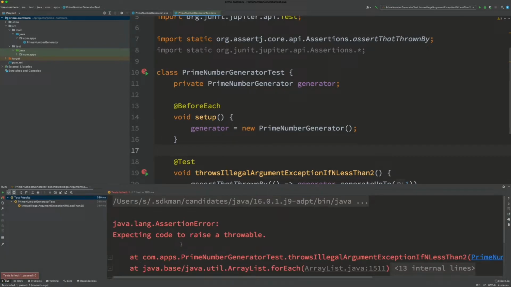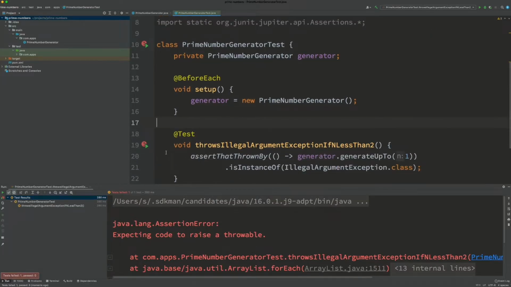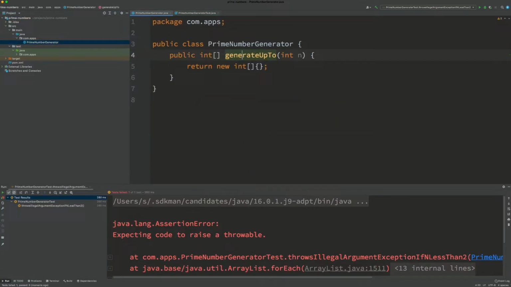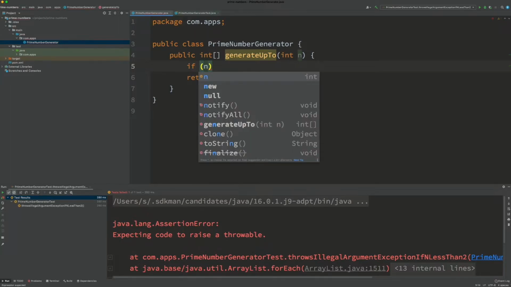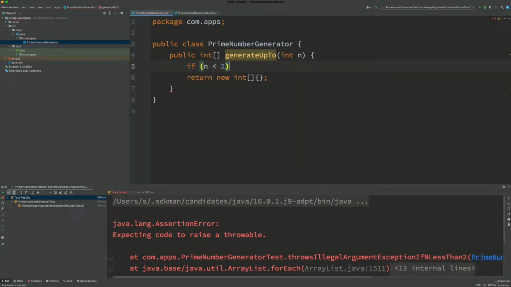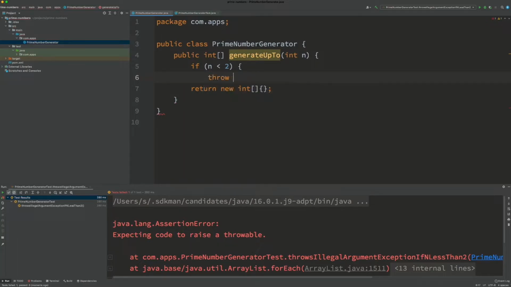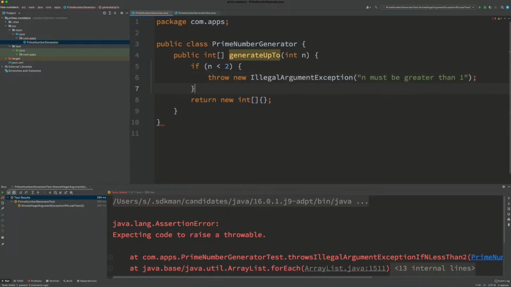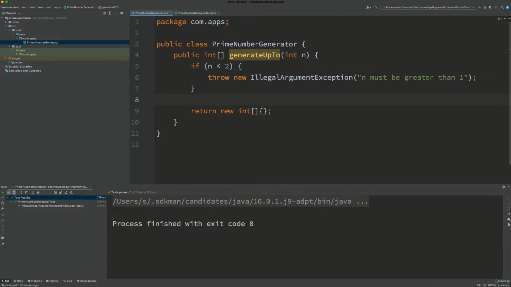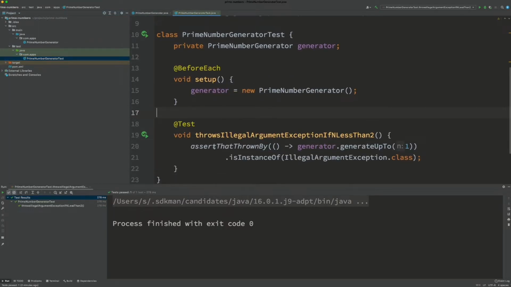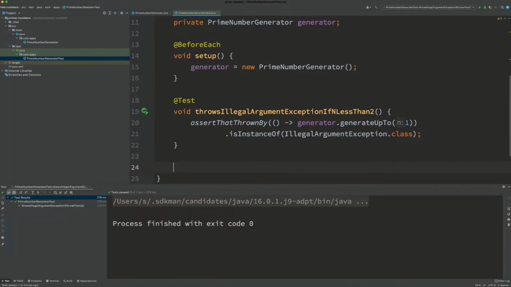As you can see, the test is failing because it is expecting the code to throw an exception. So let's fix the code to make this test pass. Great, the test passes. Go back into the test and add the test to actually verify that we are able